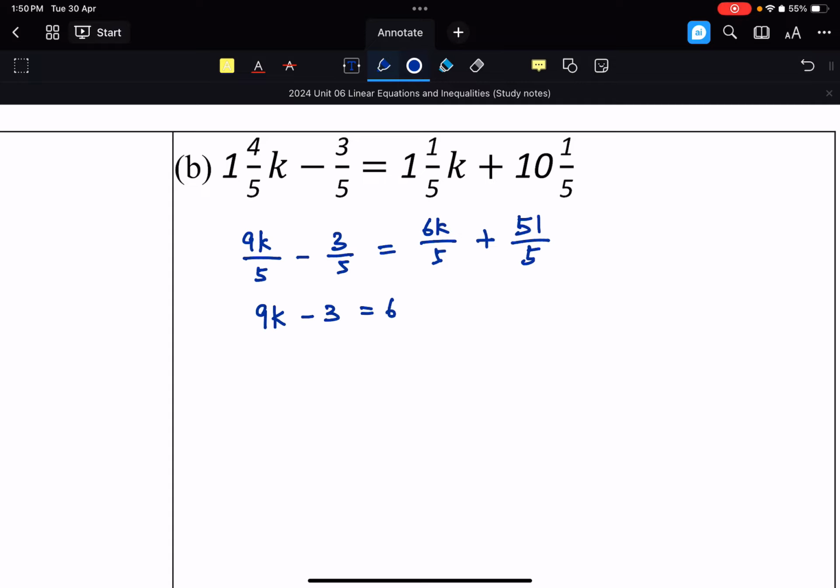This is the scenario, 6k plus 51, right? Can write the 51 properly. 51. So 3k is going to be equals to 54. k is equals to